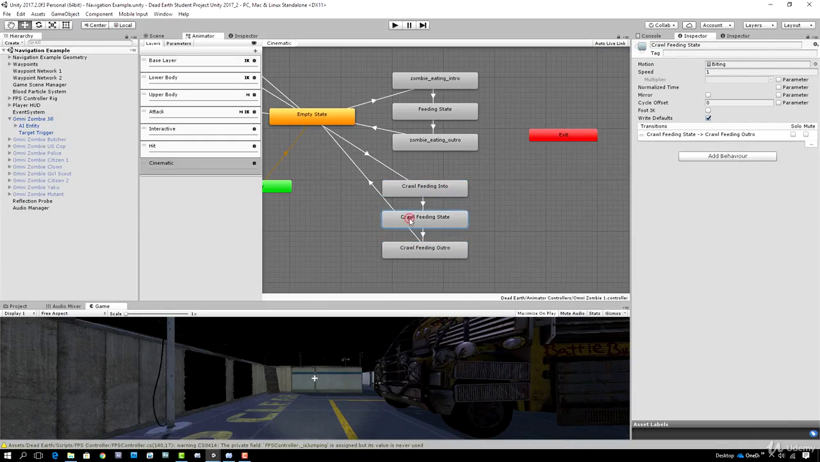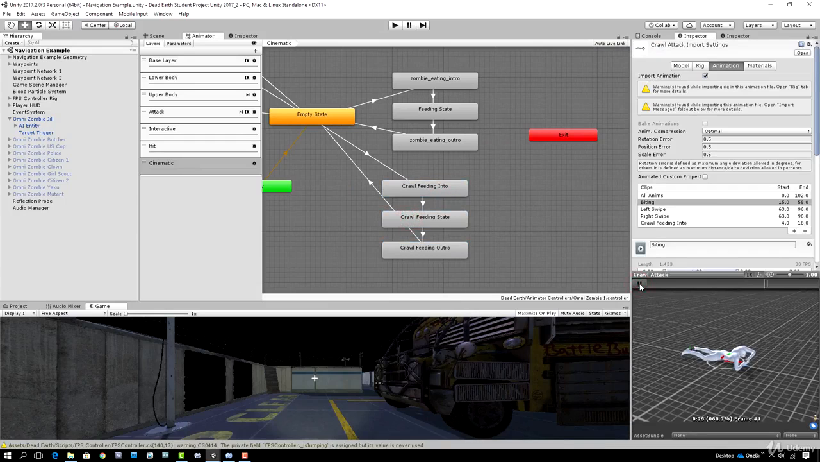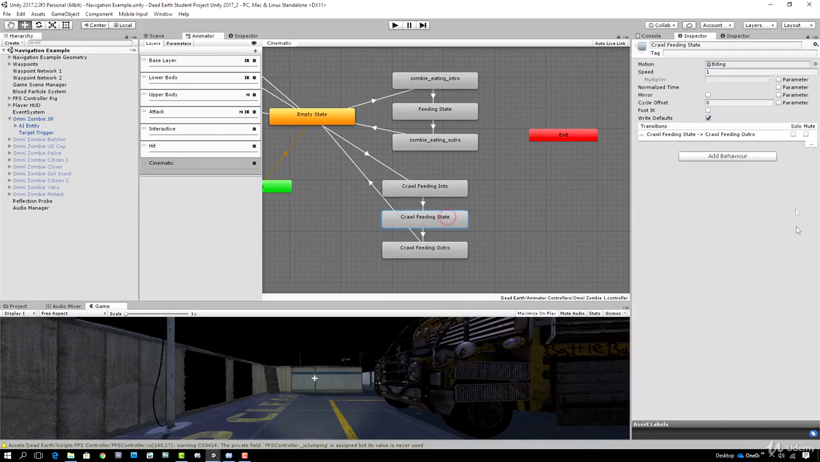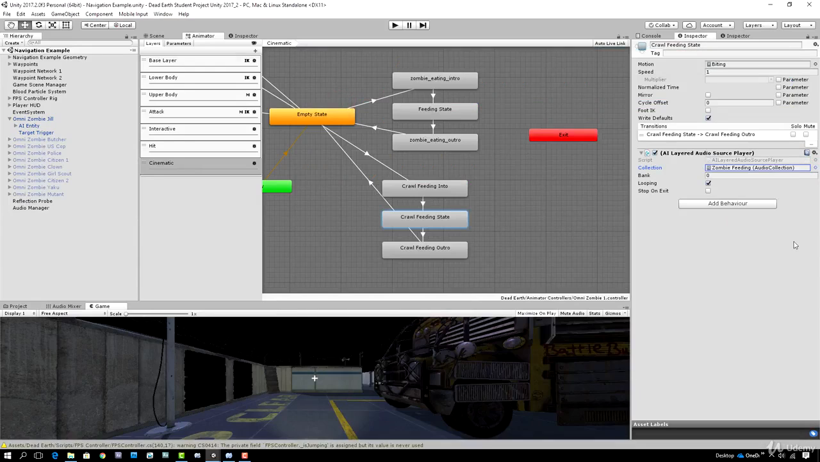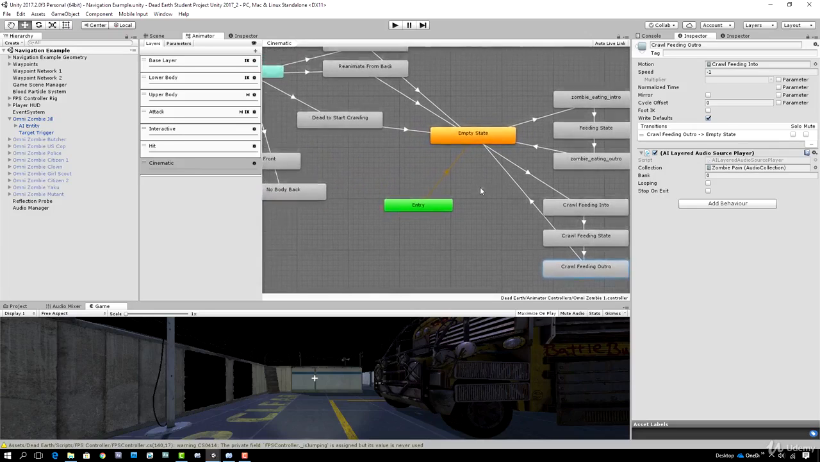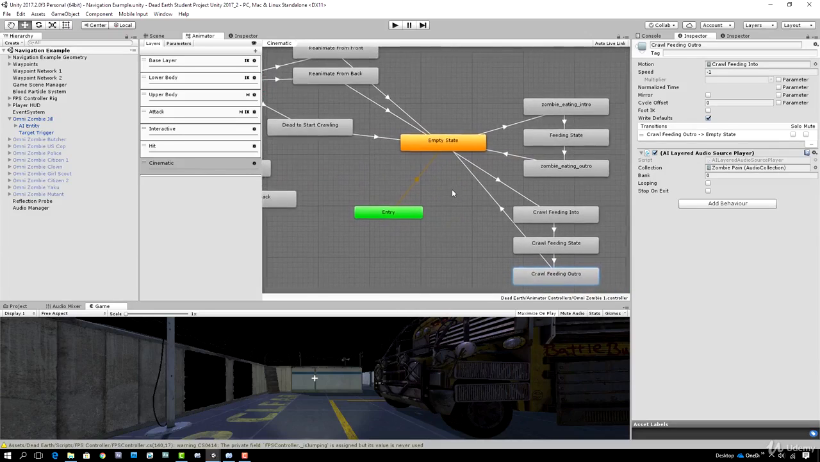And then next up we have the crawling feeding, which once again is a continual feeding state, so we just need to add a layered audio source to it, make sure that it is looping and assign it our zombie feeding audio collection. And once again, we don't need to bother about doing stop on exit because it will automatically be stopped on exit when it goes into this state, which plays a different layered audio source sound on the same layer. Okay, so that is all of our layered audio sources added,